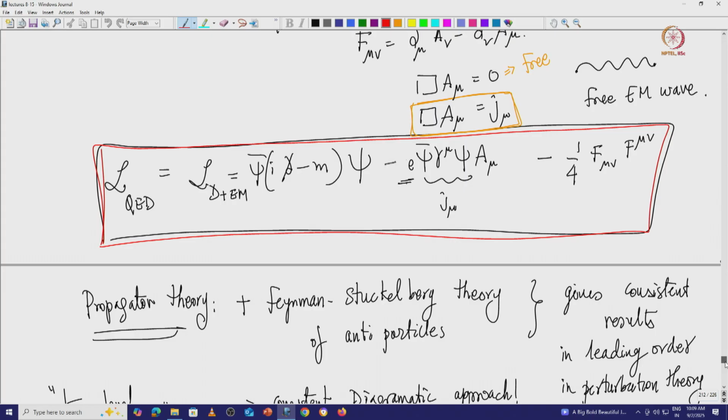So, this is just multiplying the wave functions of these particles, psi and A, at one space-time point, in a suitably Lorentz covariant form. The basic idea is that it should be Lorentz covariant. You cannot multiply A mu with psi bar psi. The only way you can multiply A mu is with a vector. So, you need to create a vector with the Dirac particles, and that is only possible by introducing a gamma matrix. So, psi bar gamma mu psi times A mu. So, this is j mu times A mu. This is what we saw last time.